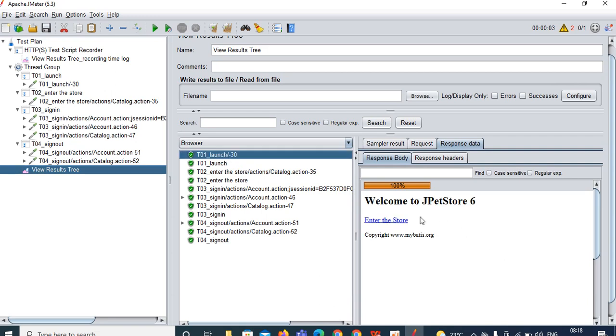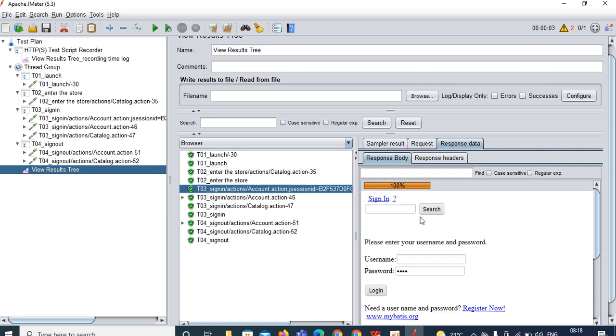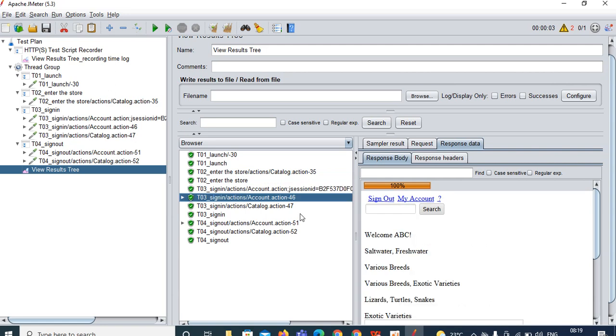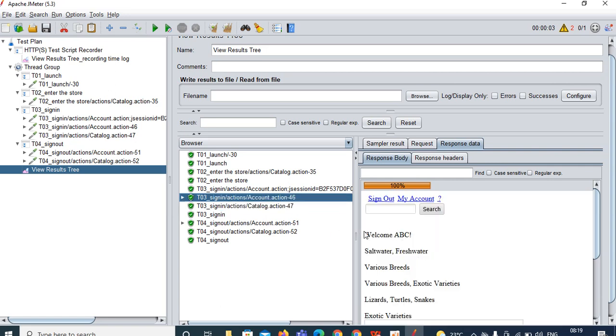See, enter the store. Next. Okay, so you have clicked on the enter the store. Where are you? You can see the things, salt water, fresh water and all. Next, you have clicked on the sign in, where you can enter your username and all. Whenever you have entered your username and all, you will be landed on the page where you can see welcome ABC, and also you can see sign out will be enabled. Okay, see, so once you have clicked on the sign out,